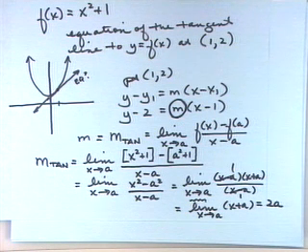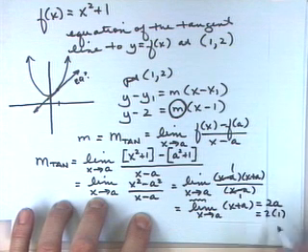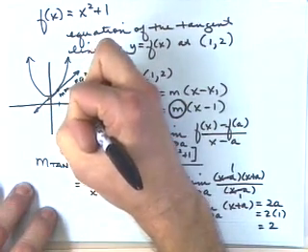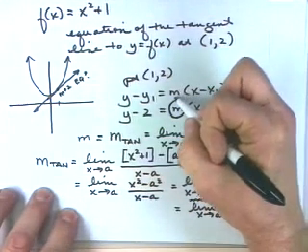Okay, and in this problem, we want our a value to be what specific number? What x value? I mean, a is an x value, right? We want to know what's going on at what x value? 1. So we want a to be 1. So the slope of our tangent line, I don't know if my diagram looks like it, but if I accurately diagram this, it would have slope 2 at that point. And the equation of the tangent line would be